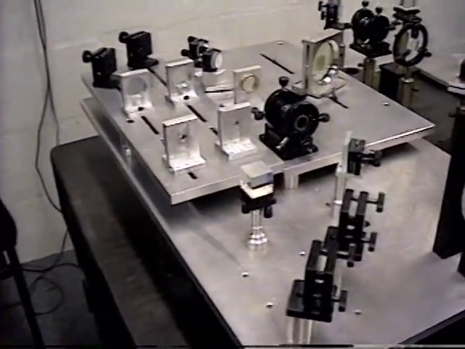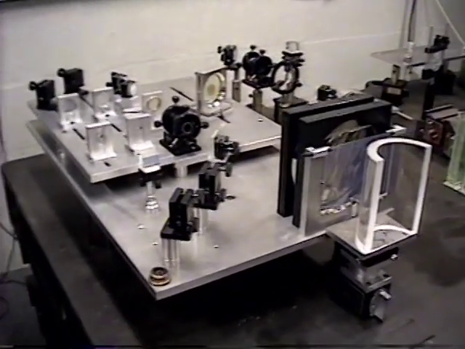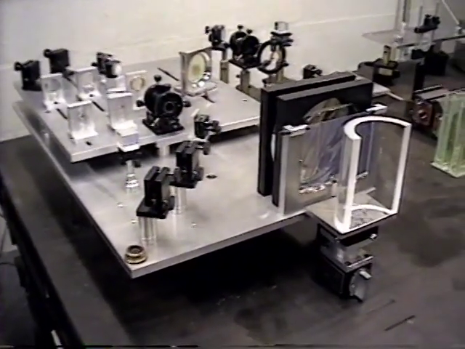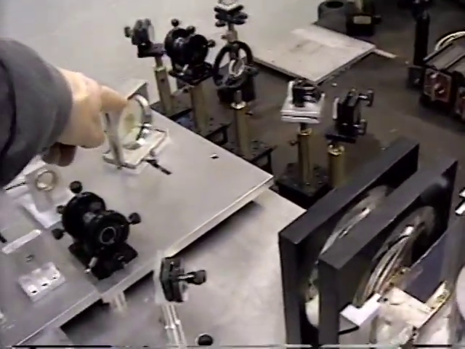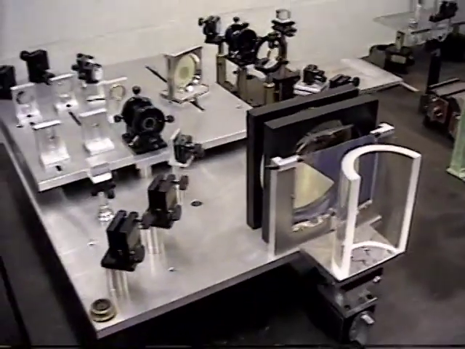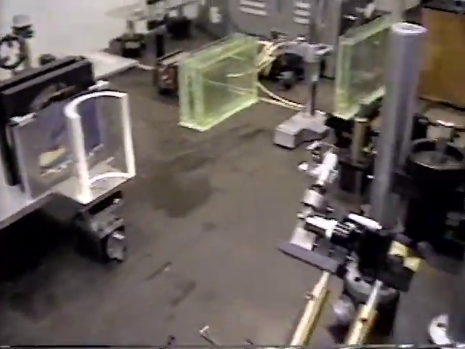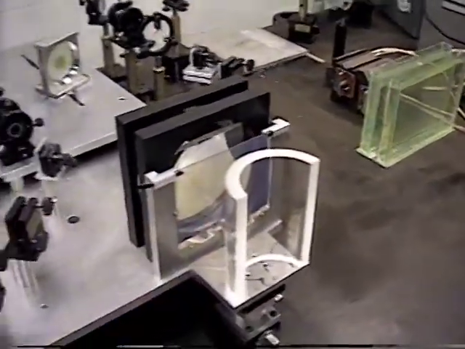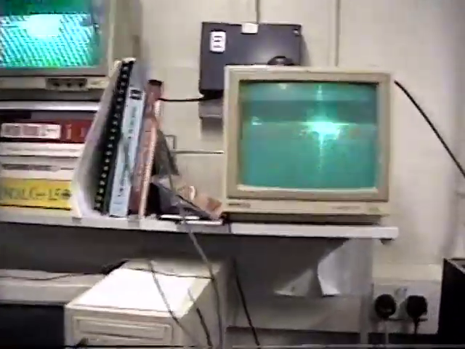I'm not doing anything with this camera at the moment, although I will rebuild this holographic optical element very soon to give us better fringes, more fringes in the hologram. Initially I won't work with the surrogate cylinder though, I'll leave that out for the initial work. Then back over here we have